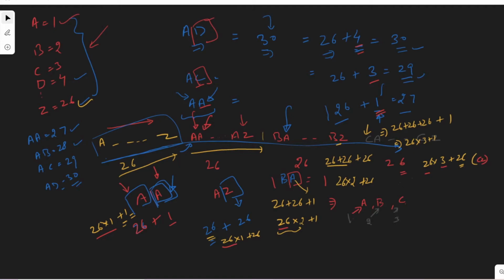So we see the position of this letter and we multiply that with 26, and the letter after that represents a single digit series. So just like AD here, it's 26 plus 4, for AC, 26 plus 3, for AA, 26 plus 1. Okay, so that's the idea for the